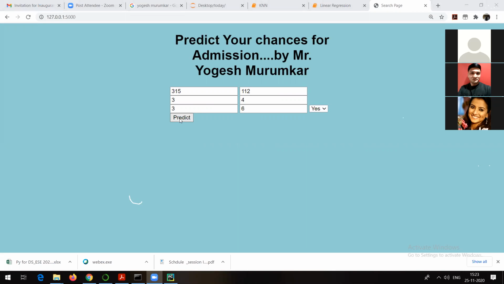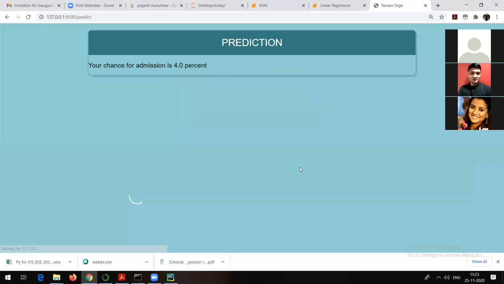You should see the result. That is the prediction of the chance for that person. That is going to be our prediction with the help of the model which we created. So let's see whether it gives us the result or not. So this particular model is right now currently running on my local machine. Now see, it has given us the chance. The chance of admission of the student is 4%. Actually, it is 40%. I just need to make a change in my code.